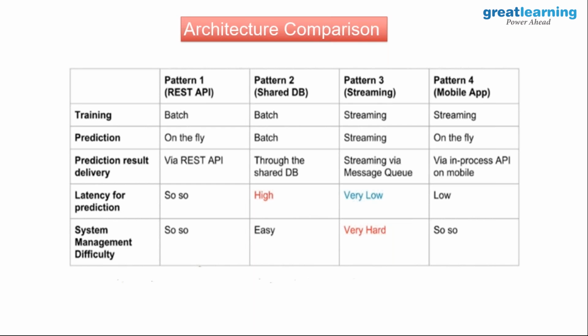Pattern 2 of a model deployment is when the data set used for training is a batch. Prediction also happens in a batch, which means it's not that I have collected the user inputs through the user interface and I'm able to get the output immediately. In this case, there is a database which is created, which means I keep entering the input. So let's go back to the loan application example. Let's assume there are 50 customers who have walked in today and they wanted to apply for a loan, right? So there are 50 applications which a bank has for a day.